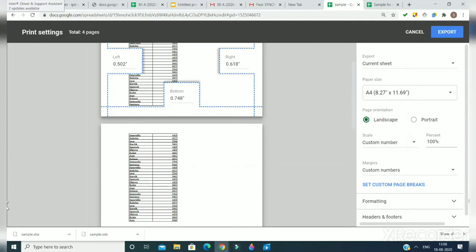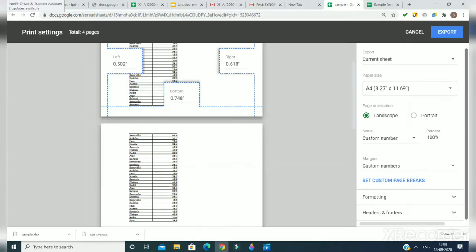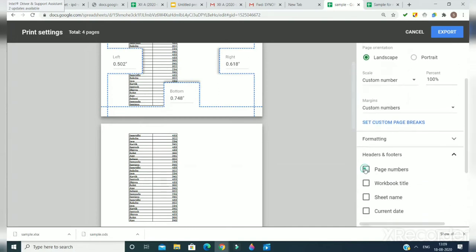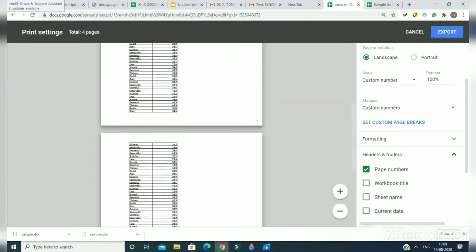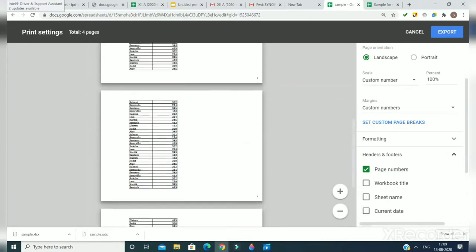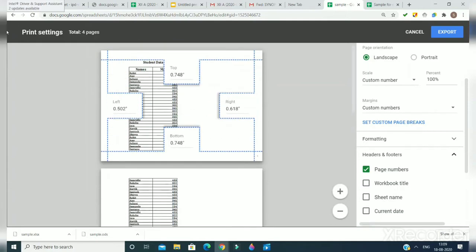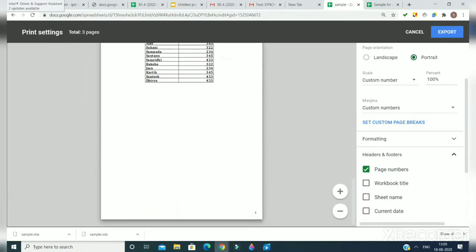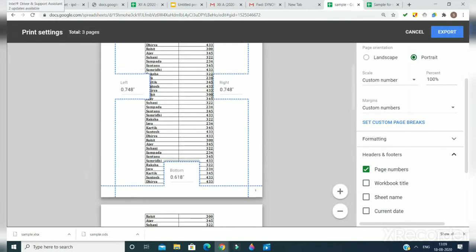And this is the other important option, here are the header and the footer. Header and footer are very useful, as they have many options like page number. If I tick on the page number, then I will get the page number on every page and you can see this is the 1 and this is the 2 and this is the 3 and this is the 4. So the page number will appear on my pages if I take the page number option. You can see 1, 2, 3. So the page number has appeared.